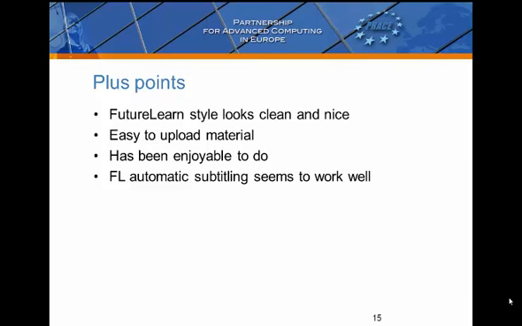FutureLearn have a subtitling service which is done by people, not automatically. We've done a few tests and it seems to work quite well. And also the most important thing is you get the subtitles back in a plain text format. So if the subtitles are wrong, it's just a text editor and you edit them. It's not some enormous point and click GUI. You can just edit the subtitles as a text file. And then it's a standard format which is merged with the video when it's actually shown.